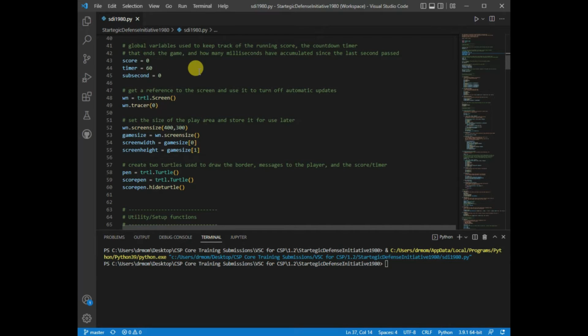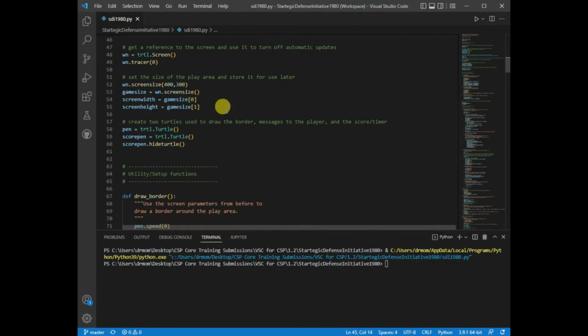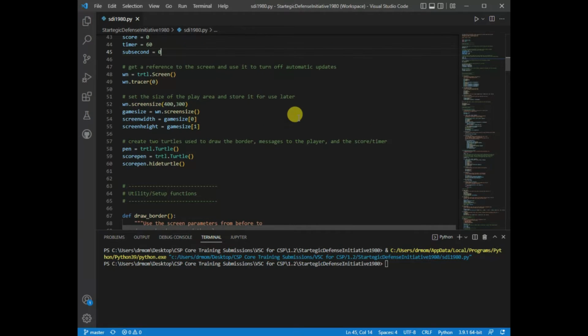I did not design this in a completely object-oriented way. If I had, then the game itself would be an object, or it would be used like an object, and then I wouldn't have needed these variables to be global. Later on in my game loop, I use the global keyword so that I can access these and update them. But if I were to rewrite this program, I would do it in a way so that those didn't need to be global. Okay, and that's keeping track of the score, the timer that's counting down,